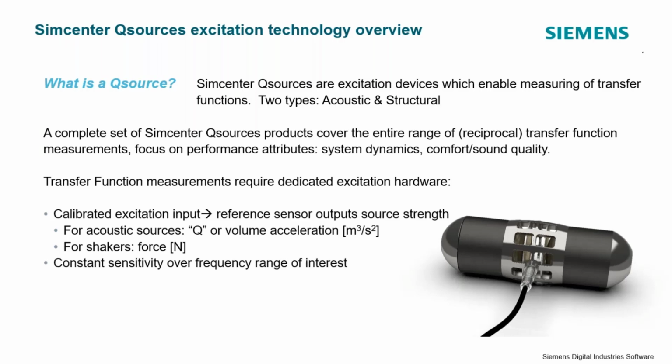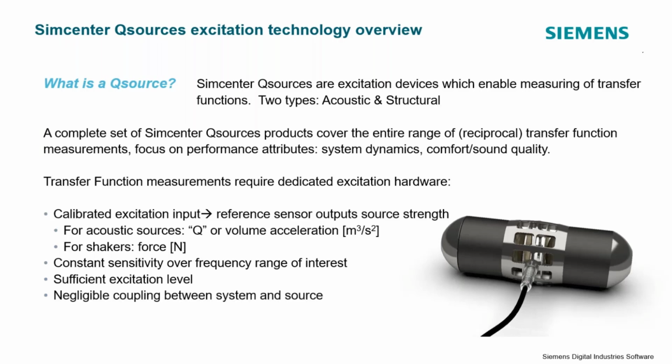As well as being able to measure your input, you'd like to have constant sensitivity over the entire frequency range of interest. You don't want it to be really good at putting energy in at one area of your frequency range of interest and not another. So we're going to be keeping good track of how well our exciters put energy into the system as a function of frequency. And to that same end, you want to make sure that it has enough energy or power to excite your structure adequately across that frequency range. We're going to be talking about that as well.